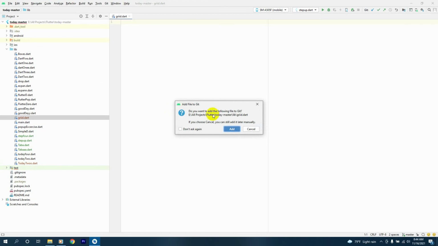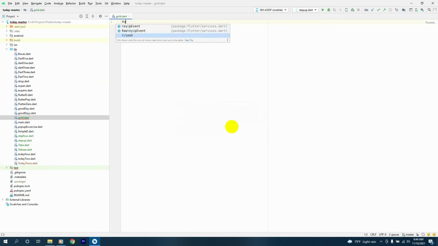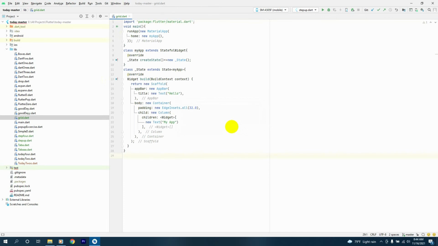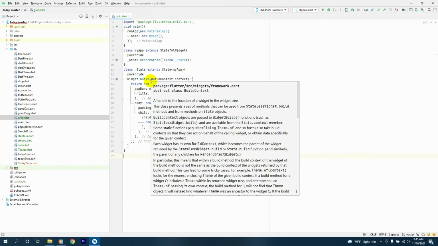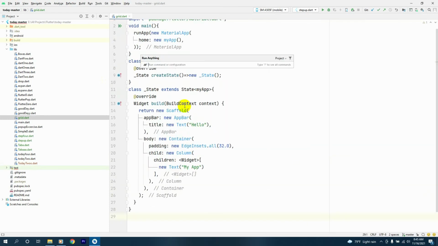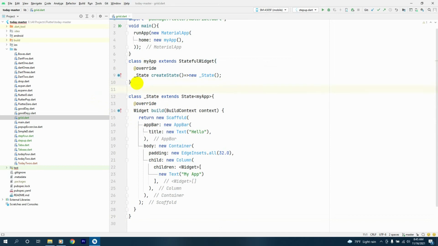And inside the grid dart file, we'll have our live template. Alright, now here we'll zoom this. And now for the grid view we'll make a class which has the components which are inside the grid view. We'll say class